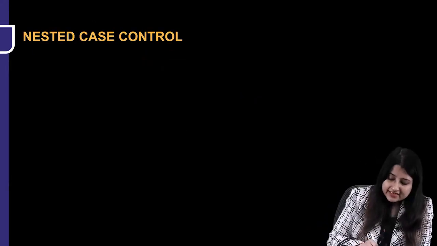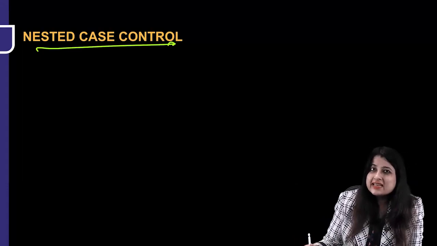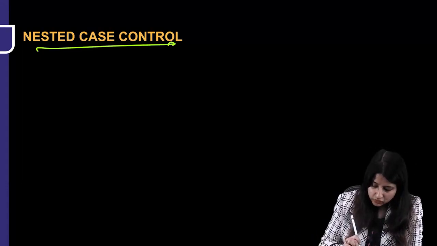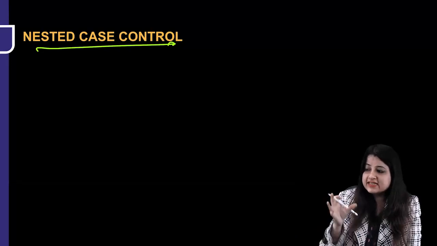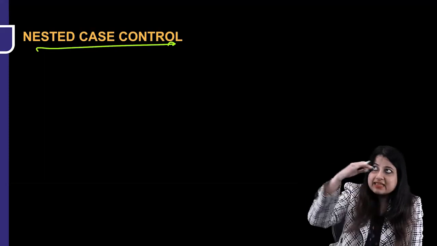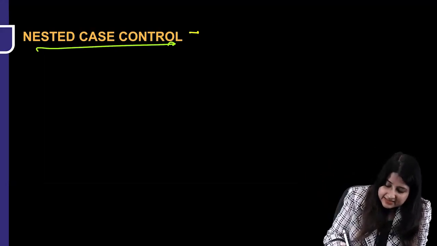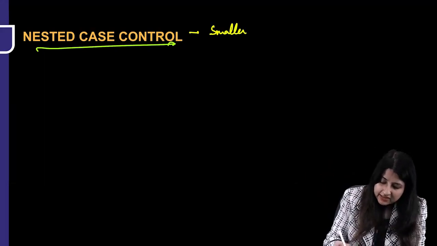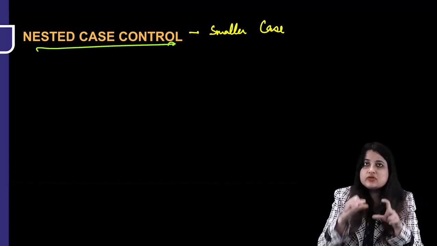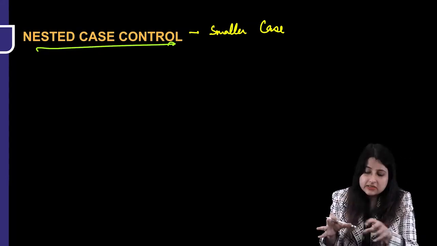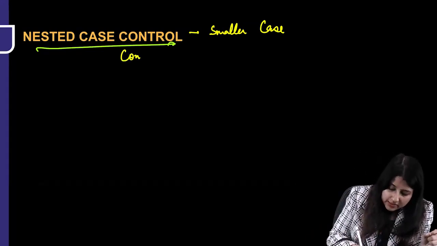Okay. Alright. There's also something known as nested case control. Now, with nested case control, you just have to know what type of design it is. It's a nested case control, so the case control is a nest in something bigger. Nested case control is actually a smaller case control, a nest. A nest of what? A nest of a case control. So, it's a smaller case control